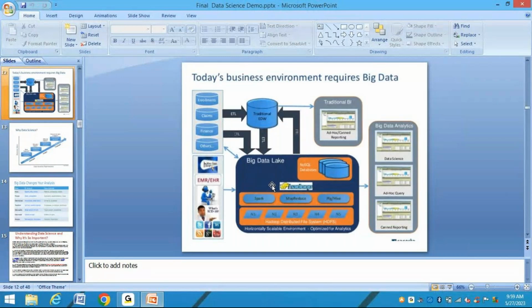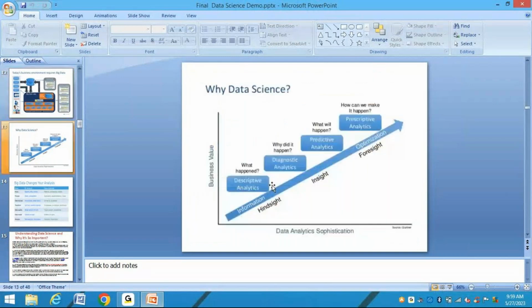Next, what type of analytics can we do here? Data analysis is one of the parts of data science. So what type of analytics are we doing here? Here we have descriptive analytics, diagnostic analytics, predictive analytics, prescriptive analytics. Descriptive analytics means just having information on what happened based on historical data. That is descriptive analytics. So it helps